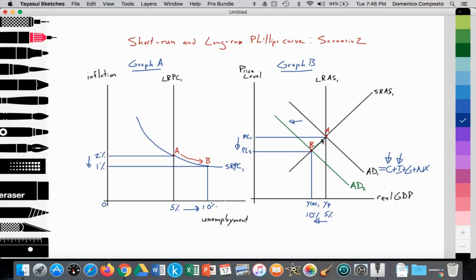Okay? So here we can see how these two graphs are related to each other. Aggregate demand decreases, there's a decrease in the quantity of aggregate supply, firms begin to fire labor to minimize their costs. That causes unemployment to rise from 5 to 10%. Thus, on the short-run Phillips curve, we see an increase in unemployment and a fall in inflation, a degree of disinflation. We're going to assume that,